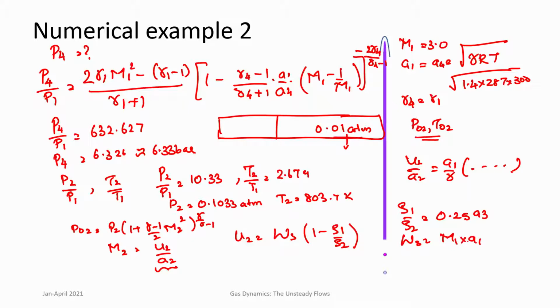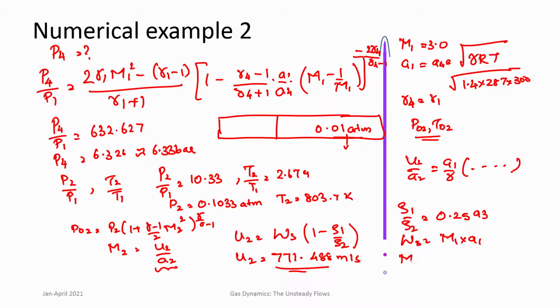So from this you can get U2, which turns out to be 771.488 meters per second. So it is not small, it is a very good velocity, but A2 is also large,